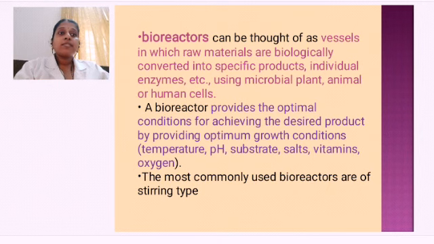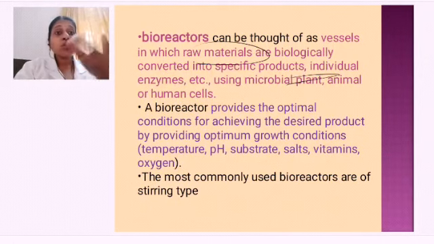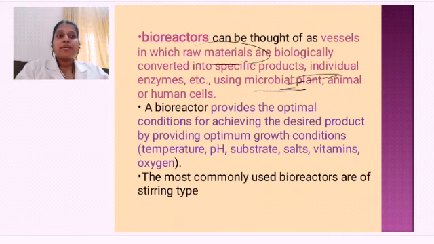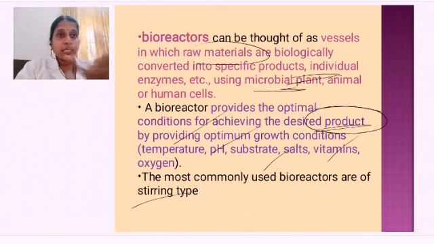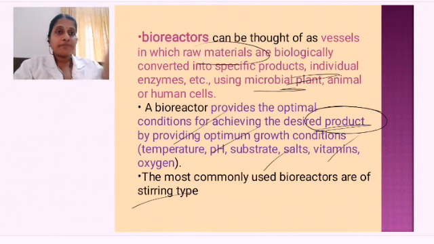Bioreactors can be thought of as vessels where raw materials are biologically converted into products, like enzymes, using microbes. A bioreactor provides all the optimum conditions for producing this product. So what is the product? The product is the protein, insulin, isn't it? Here temperature, pH, substrate, salt, vitamin, oxygen, everything is maintained properly, and it is mostly stirring type. Stirring, I told you, keeps things moving so that air is supplied and they are